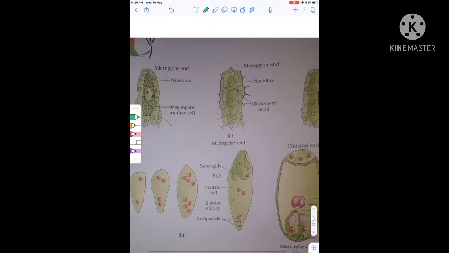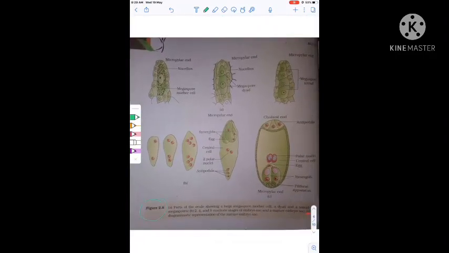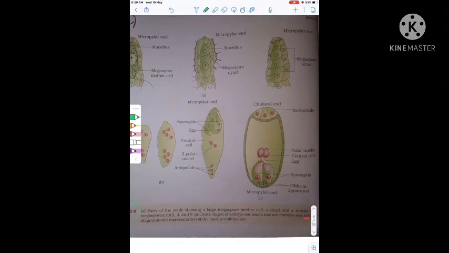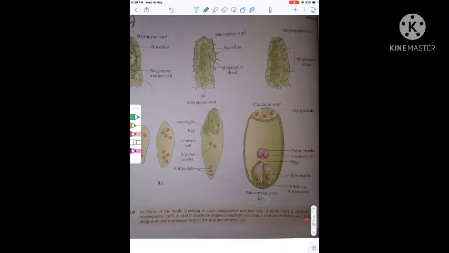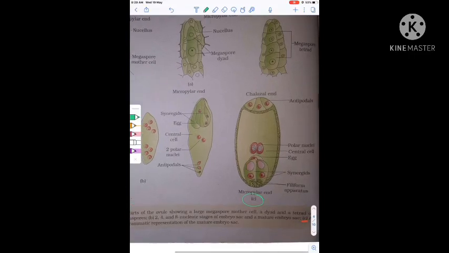Okay. Now, in figure 2.8, there are many diagrams. But among all these, diagram C, that is a mature embryo sac, is important. First of all, this is the chalazal end and this is the micropylar end. Now there are 3 cells in the chalazal end, and all 3 are known as antipodal cells. Now the micropylar end also has 3 cells, but among the 3, these 2 are the synergids and this is the egg cell. These 2 are the polar nuclei, and this is actually one cell, known as the central cell. This can be given to identify.